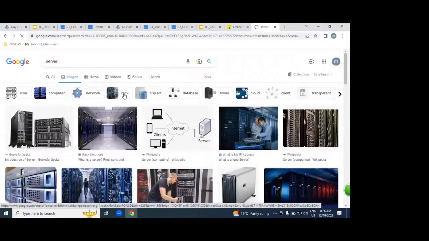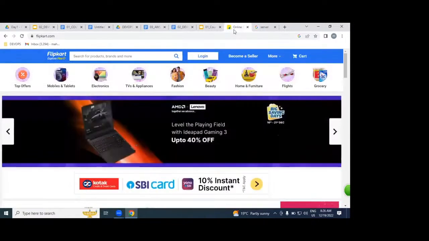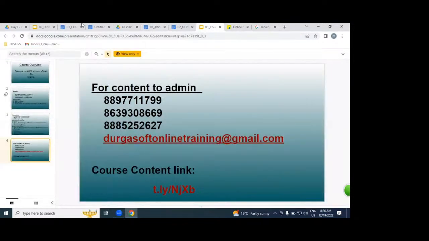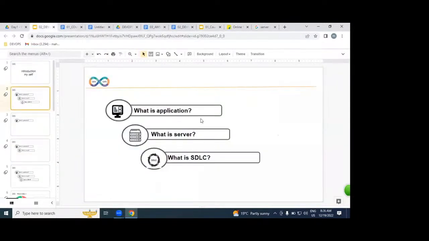Once it is placed on the server side, after writing the software, the software is going to be placed on where? Server side. Then there itself we are going to be accessing it as a website. So what is an application? The working software written in any programming language. That application is placed on hundreds of servers.